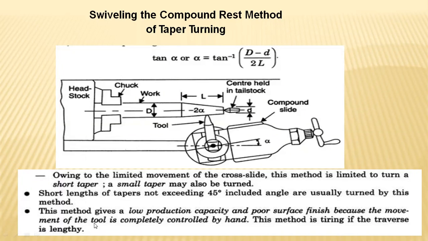Hence, nominally, this method will have very low capacity and only poor surface finishing, because of the fluctuations in an inclined machining process. The surface finish will vary at different inclination levels as the tool is varied. So based upon the swiveling, the coefficient of friction developed between the tool and the work part will definitely vary.